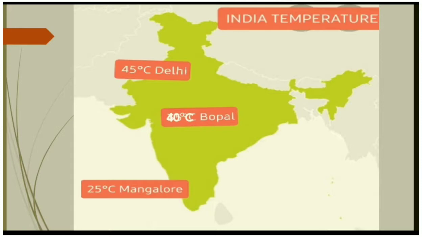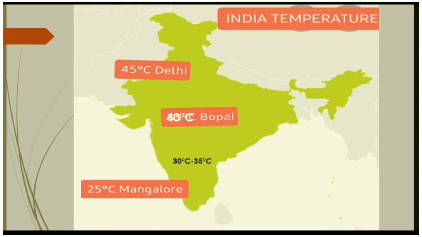While in the center part of southern India, the temperature is between 30 to 35 degrees Celsius because here the wind which enters the interior part gets heated by the heat of the earth, so temperature increases. Then we have 40 degrees Celsius in the Bhopal region. It is in Madhya Pradesh and the temperature is 40 degrees Celsius. Then we have the area of Delhi,